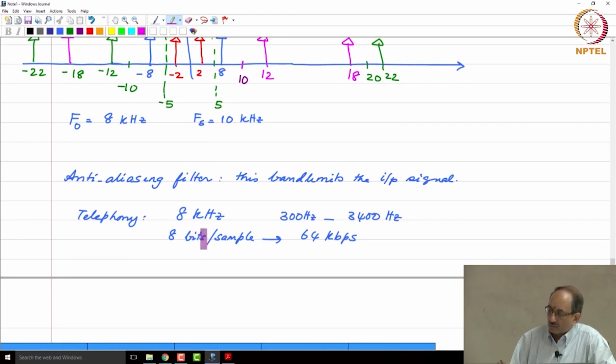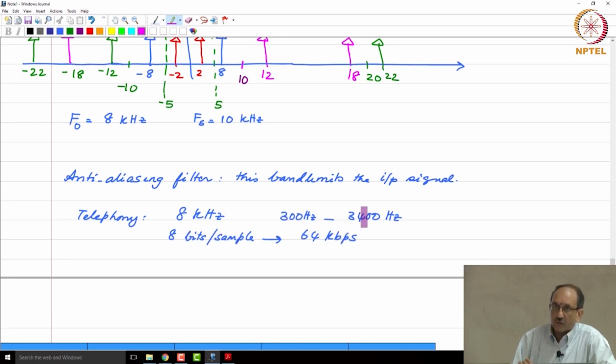Therefore, the 12 bits, which is what was needed if you used uniform quantization, was overcome using just 8 bits by nonlinear quantization. And mu-law and A-law are the compression standards, one used in the US, and the other in Europe. Therefore, you just needed 8 bits per sample, and this gave 64 kilobits per second, and the anti-aliasing filter was